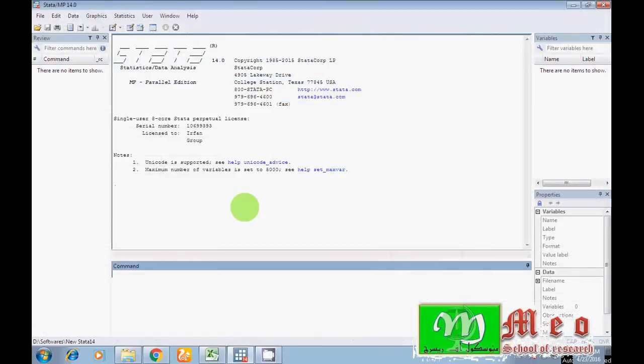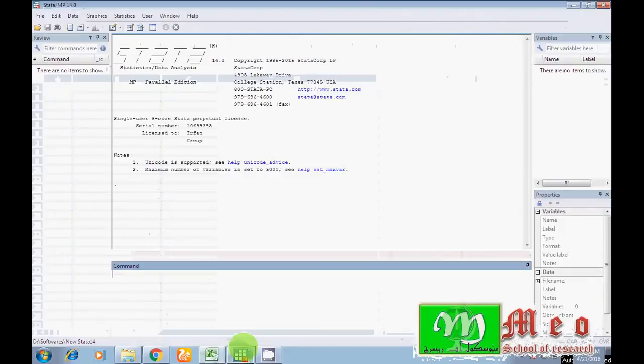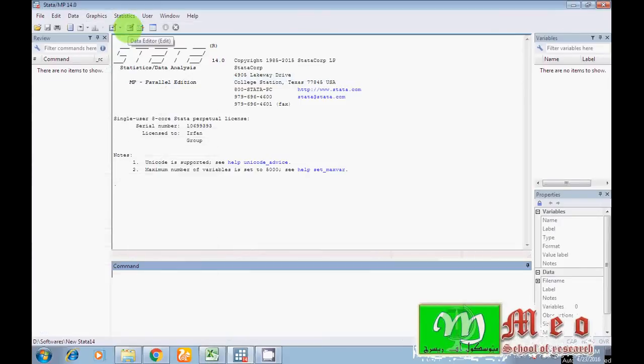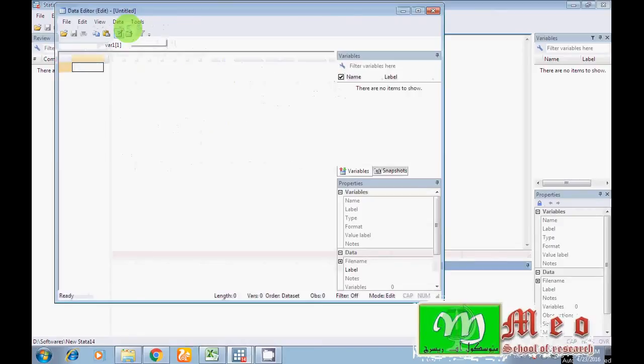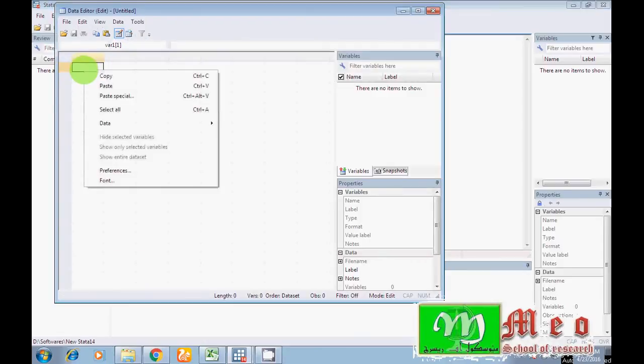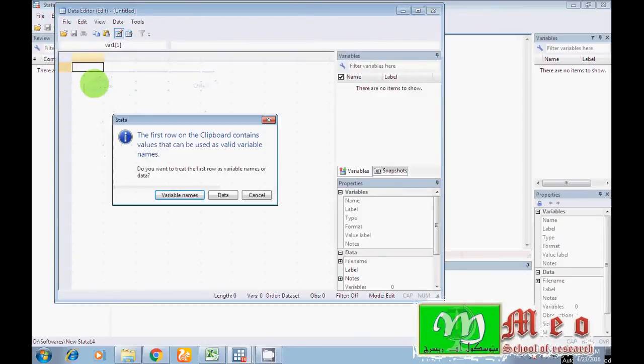Now guys, the question arises: how can I bring data from Excel into Stata? No need to worry, just copy data from your Excel sheet and open your Stata program. I'm using Stata 14. Click on the data editor tab, click on this icon, click on the first cell, right click and paste here.